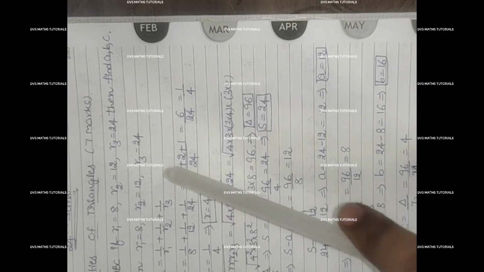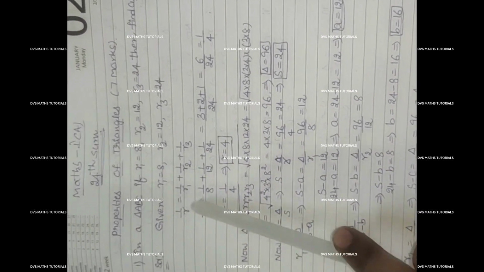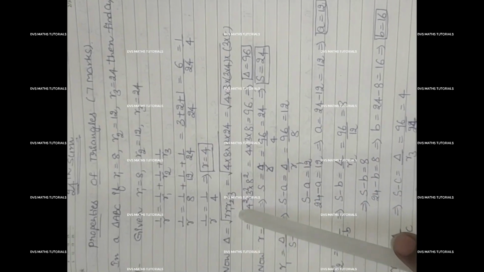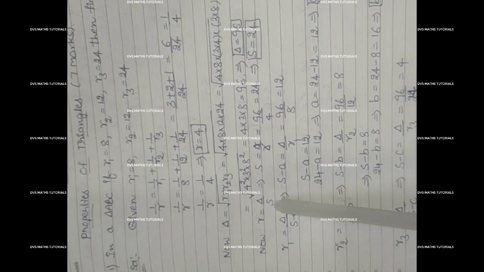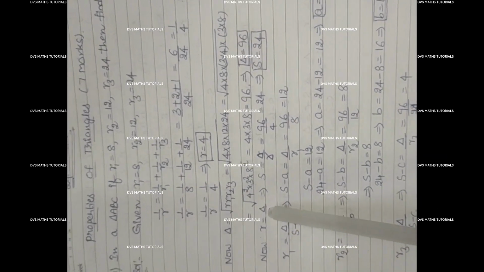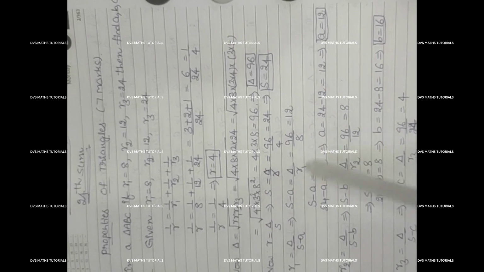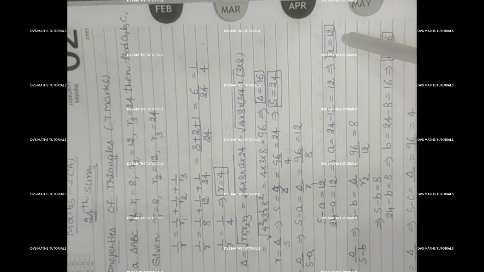Once again, I'll give you a nice explanation about this. We have to use the formulas first. 1 by r equal to 1 by r1 plus 1 by r2 plus 1 by r3. Delta is equal to root of r, r1, r2, r3. Small r is equal to delta by s. r1 equal to delta by s minus a. r2 is equal to delta by s minus b. r3 equal to delta by s minus c. So by using all these formulas and by simplifying, you'll get the values of a, b, c, which are 12,